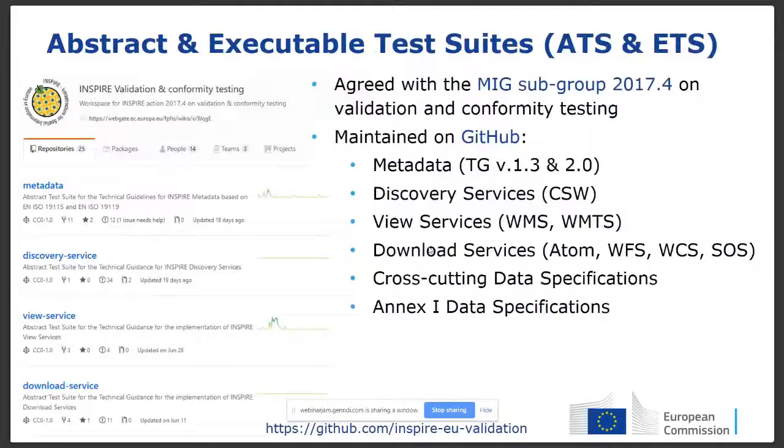In more detail, the ATS and the ETS, the abstract and the executable test suites, are always developed in agreement with a specific subgroup of the MIG, which is the Inspire Maintenance and Implementation Group. It's a group of experts, and they are all published and maintained on GitHub, all under open source licenses. We currently have ATS and ETS for metadata, for CSW discovery services, WMS and WMTS view services, and Atom, WFS, WCS, and SOS